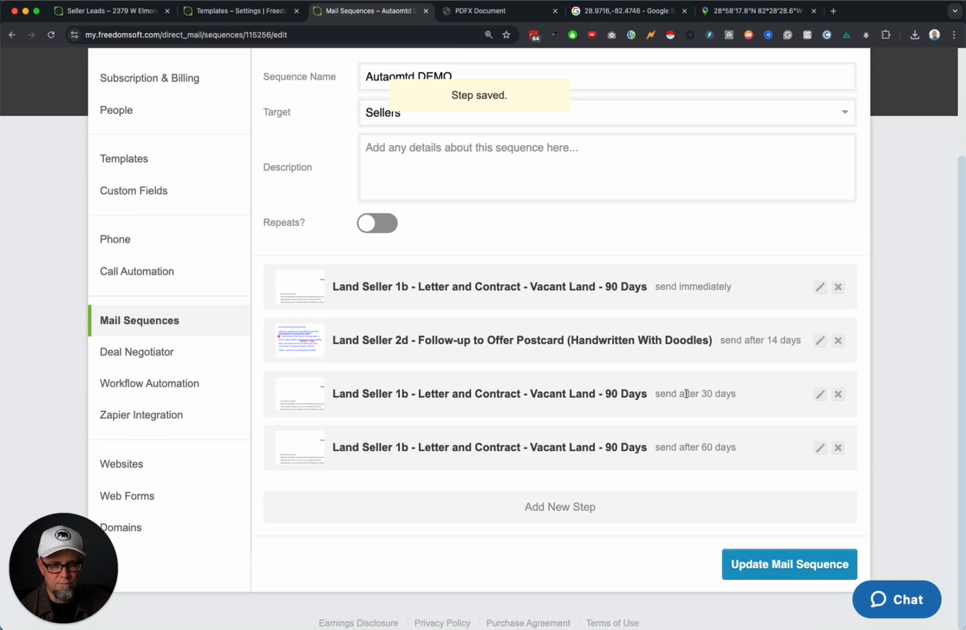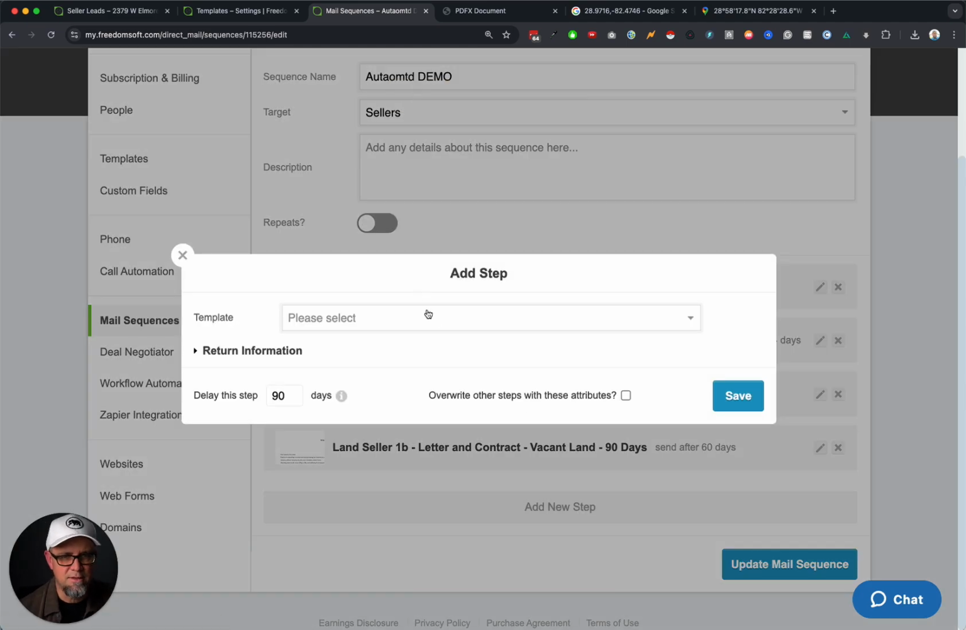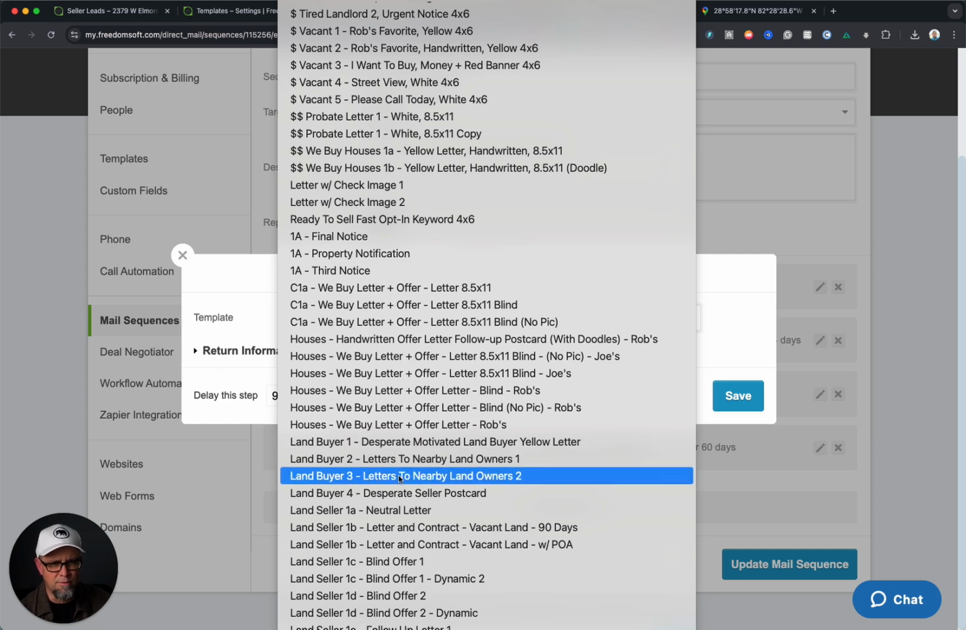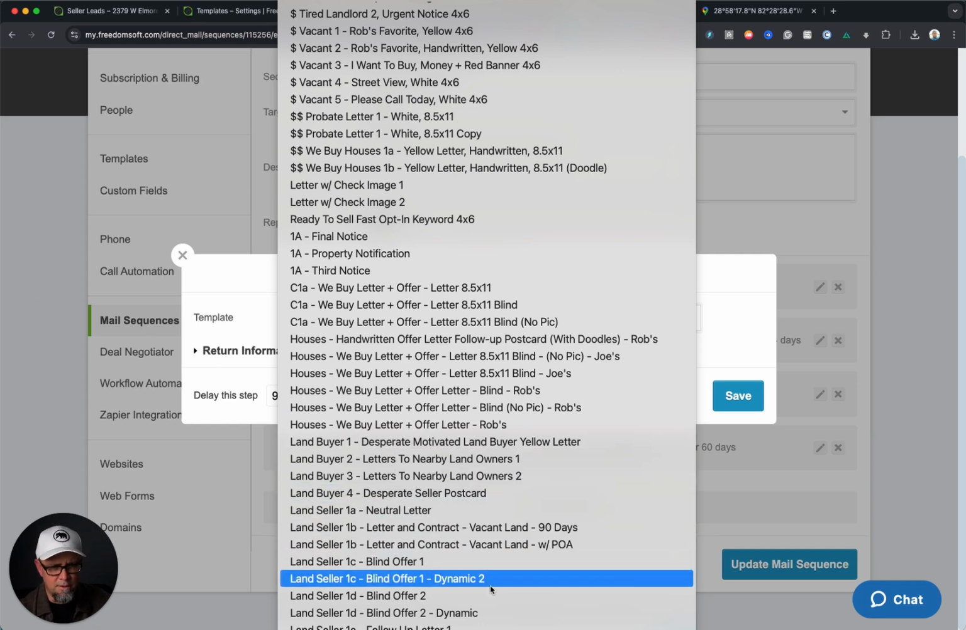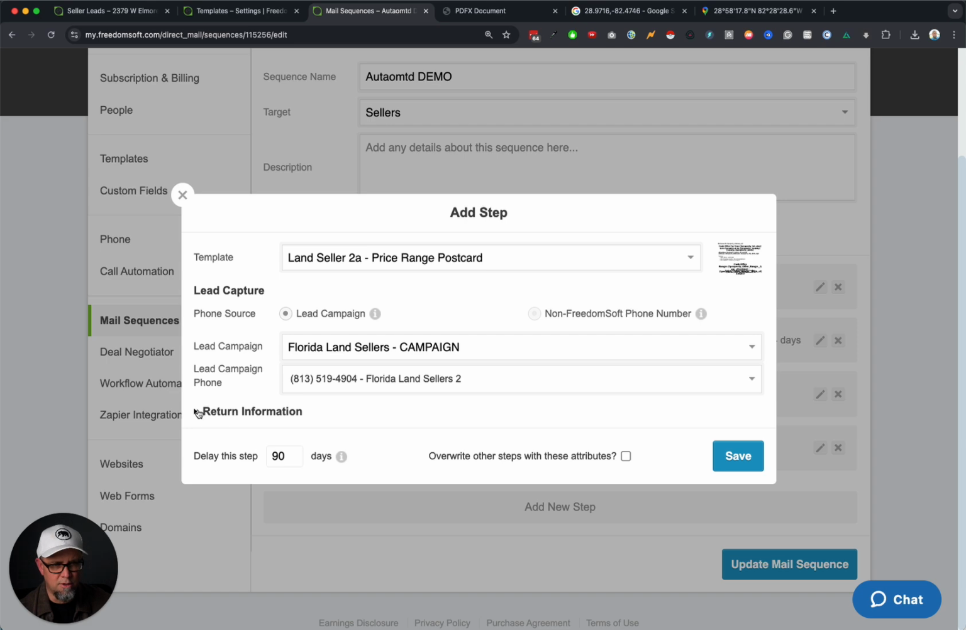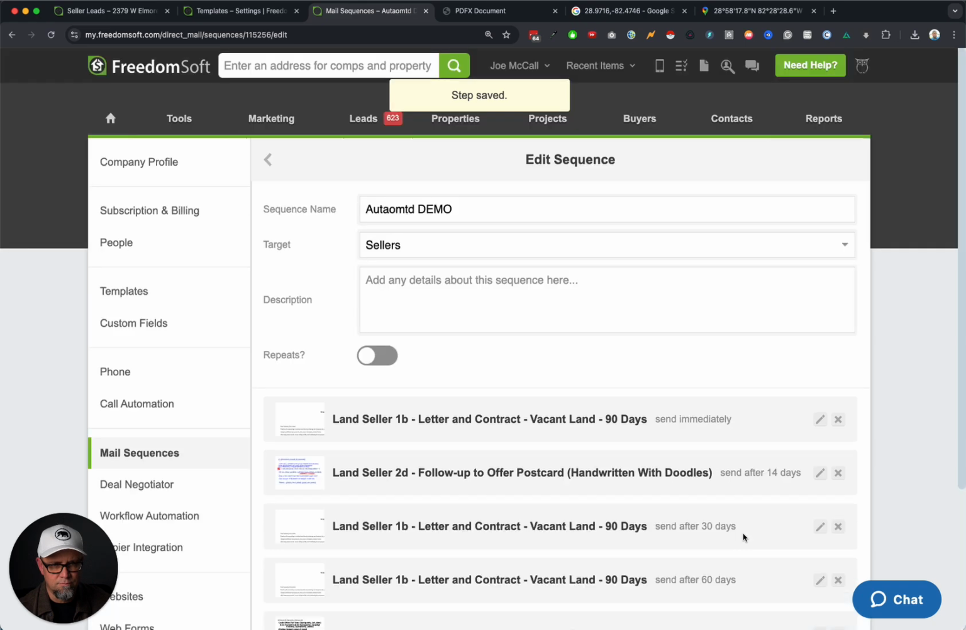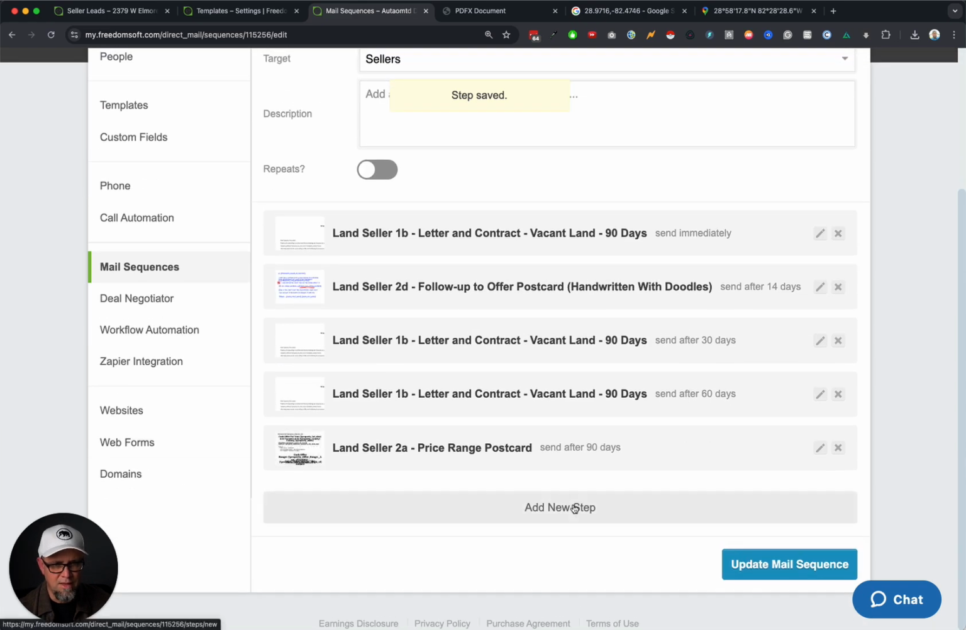All right, immediately, 2 weeks, 30 days, 60 days. And then let's change it up. Maybe the next time is we do that range postcard I was telling you about. Let me find that real quick. Here it is. This range postcard, and we're going to send that day 90. And then let's send on day 120,